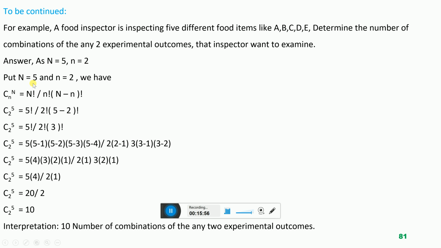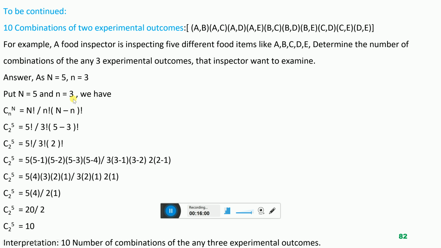So put N equal to 5 and n equal to 2 in the combination rule formulation we have. C(N,n), this is the formula. We will put 5 for the capital N and 2 for the small n: 5 factorial divided by small n factorial, 3 factorial,